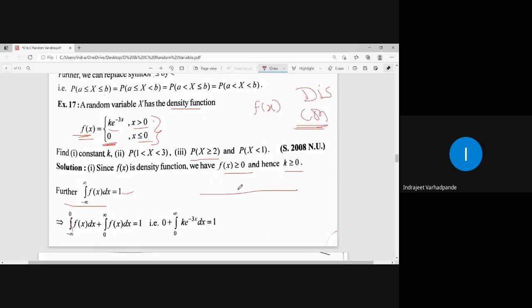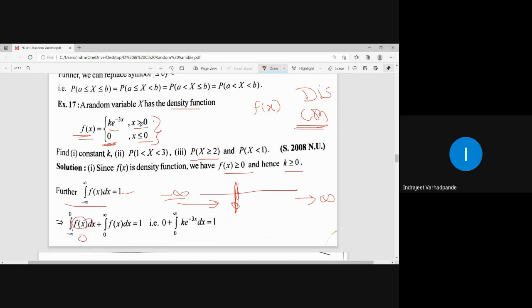See, the value of the function is less than or equal to 0. Less than or equal to 0 means here on the left hand side, the value starts from which number? It starts from minus infinity. And on the right hand side, it goes up to which number? It goes up to infinity. But how is the function defined? For less than or equal to 0, that means up to 0, from minus infinity, the function is 0.